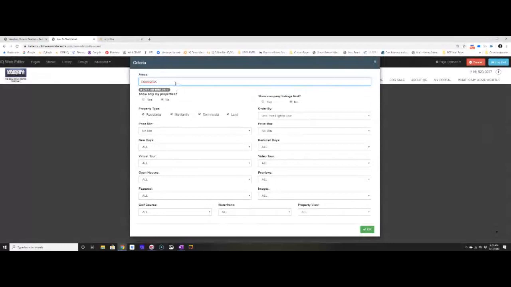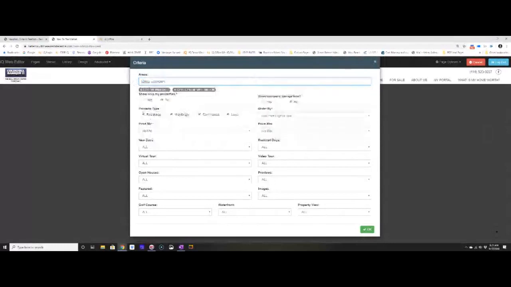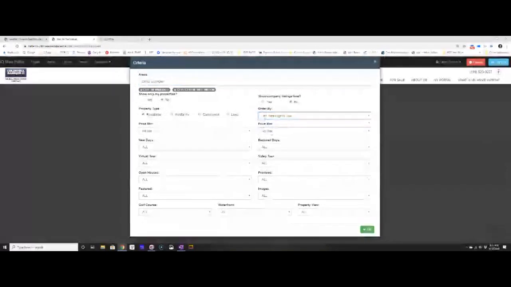So I might also choose Center Wellington. And then I can say I only want to show residential or multifamily. I can choose what type is shown, or I can show multiple types. If I would like to show my company listings first, I can do that. I can also choose how they're ordered. Do I want them listed high to low or low to high? And I can say price minimum is